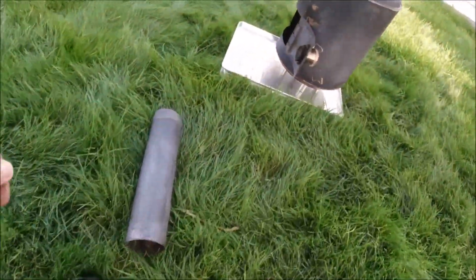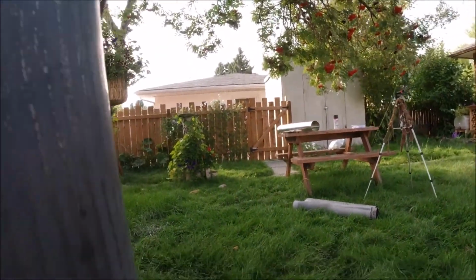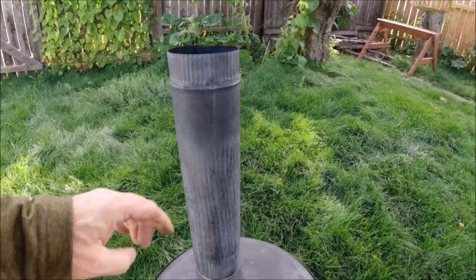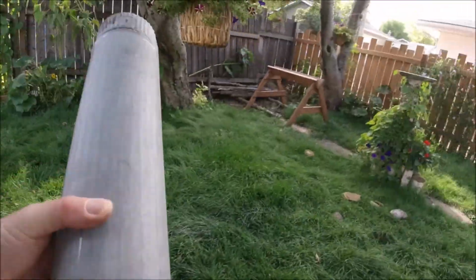So how this works, just put this piece on here first. You can do this with one hand. There we go. And that's the first piece. Then use the long one. Oh, and